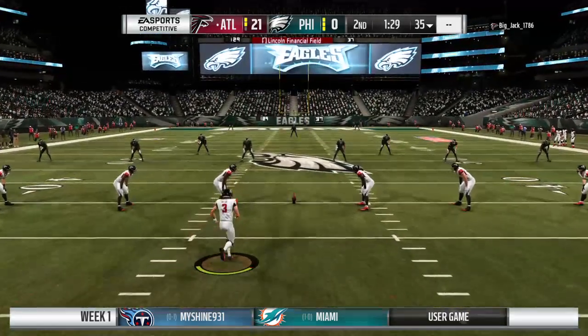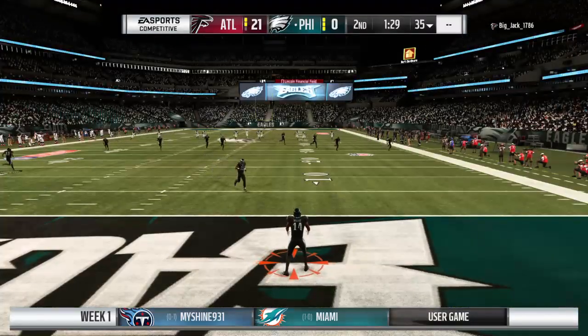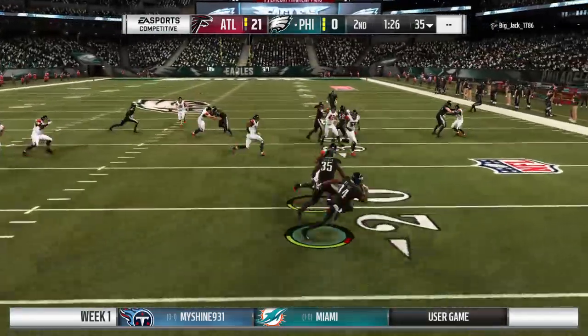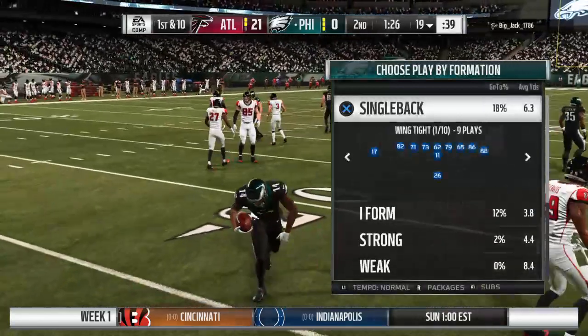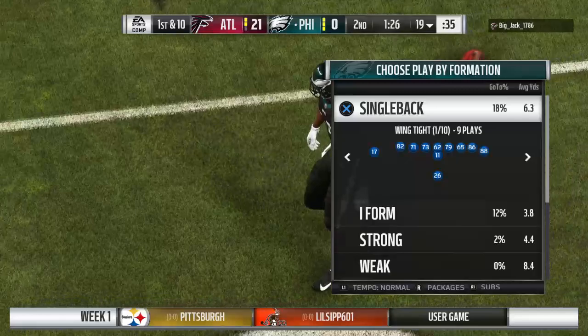So they throw the pick 6. They'll get another shot at it now as this one's in the air. That'll be taken in the end zone, and he'll take it back to about the 19-yard line. This offense trots back out there now, and as they do, Charles, one thing to point out